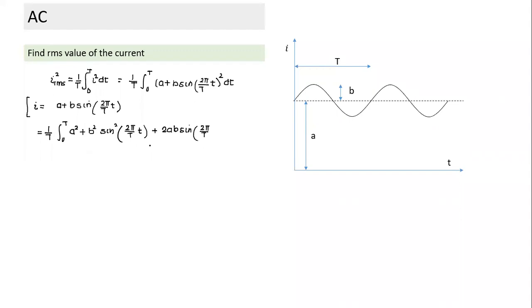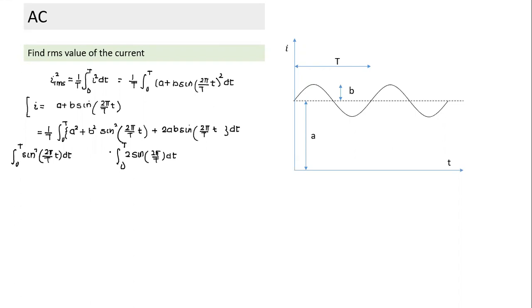So this question you can solve in multiple ways, and I'll look at one more way. One way is the simple mathematical way, step by step. When we do integration here, there are three terms. What is the integration from 0 to T of sine square 2 pi by T into t dt? This is one term. One term is A square, which is pretty easy, and the other term is something like 2 sine of 2 pi by T into t dt. What is the integration of this term?